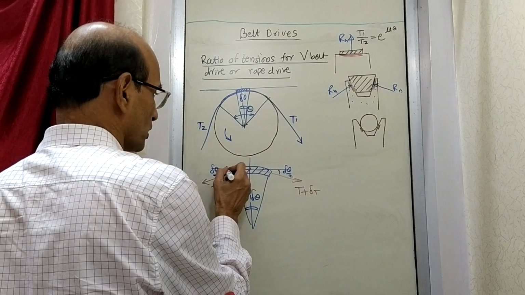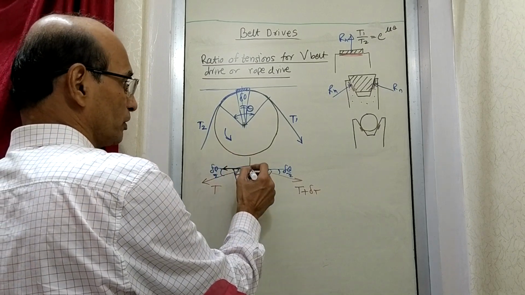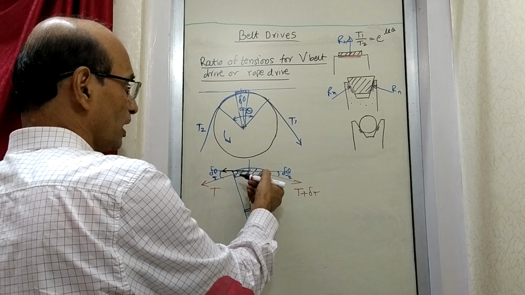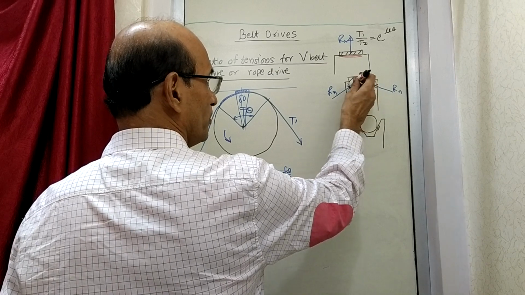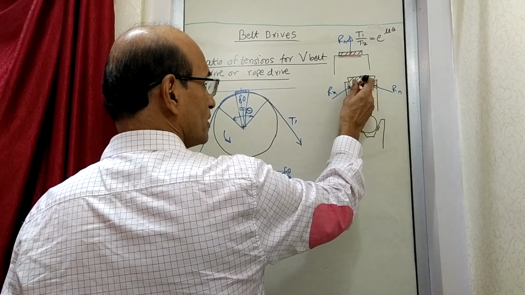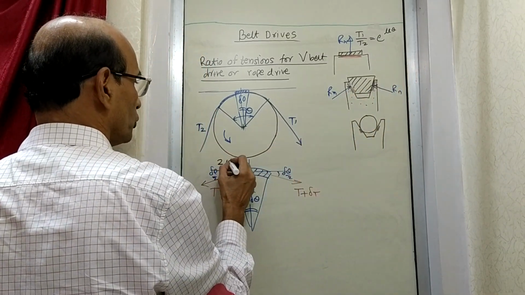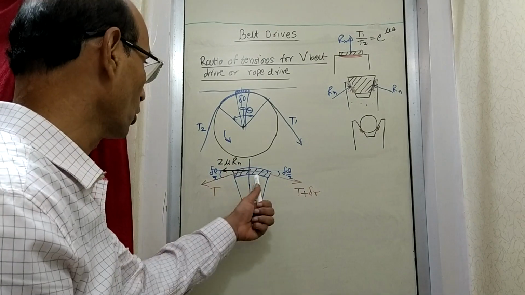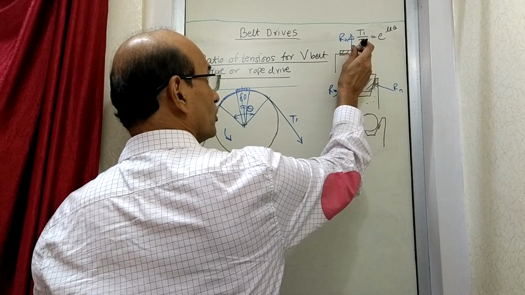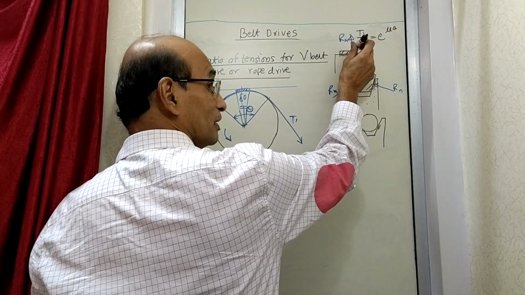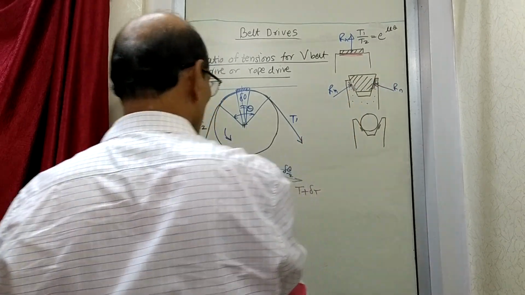So as a result, what we will now write is, where is the frictional force? See, last time there was a frictional force, which was mu into Rn, because this was Rn. Now here what is going to happen is the Rn is like this. So the mu into Rn will be like this and like this. So you can say mu Rn here and mu Rn here. So there is going to be 2 mu Rn. So the frictional force is now going to be double. One because of this force like this, this is second. See, last time it was only 1 mu Rn. Now for V belt, mu Rn here and mu Rn here. So 2 mu Rn like this.